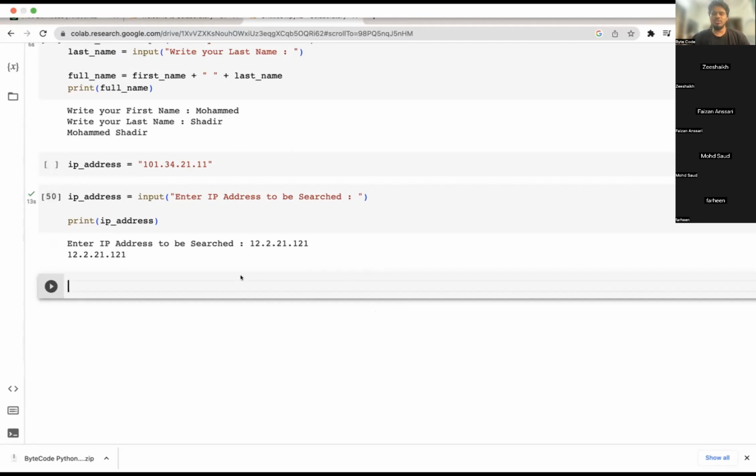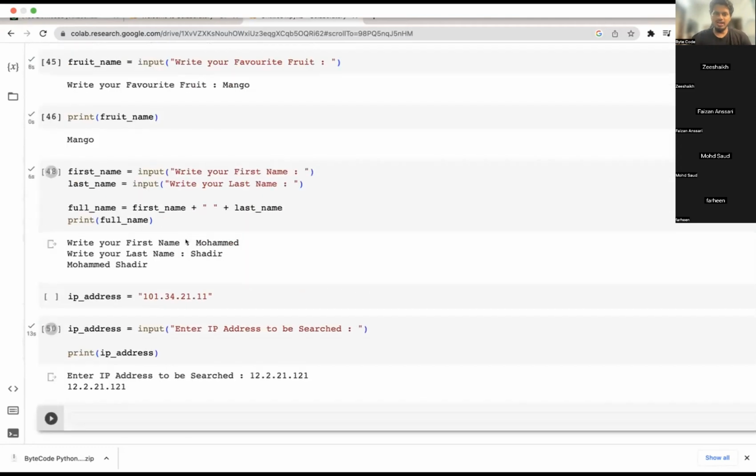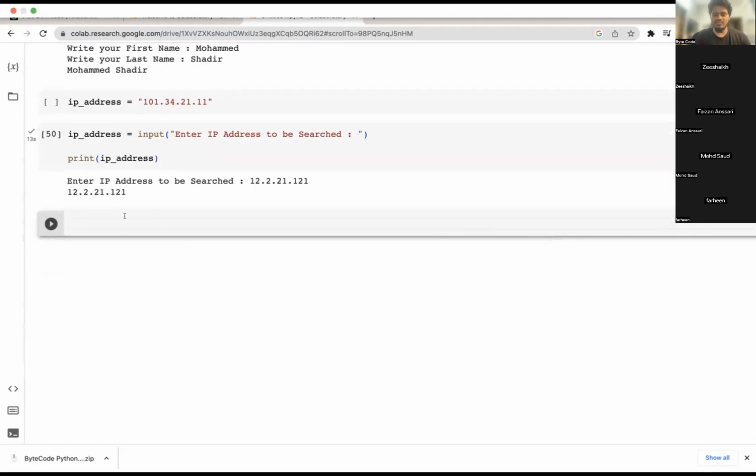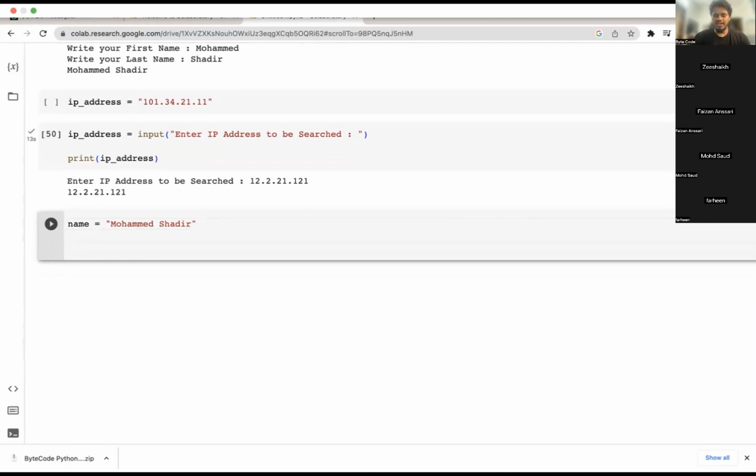So now let's do something more interesting. Now I have a name variable, which has Mohammed Shadir. Now I want to rewrite it. By the way, I will introduce one more thing to you guys. These are known as comments.